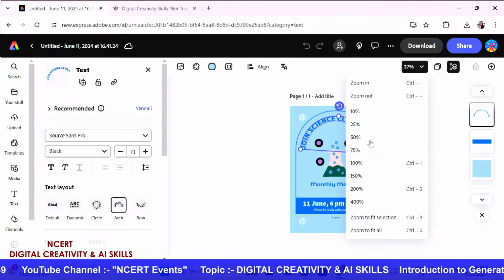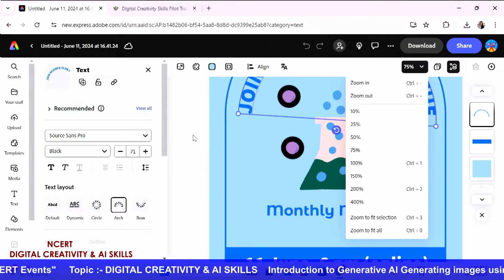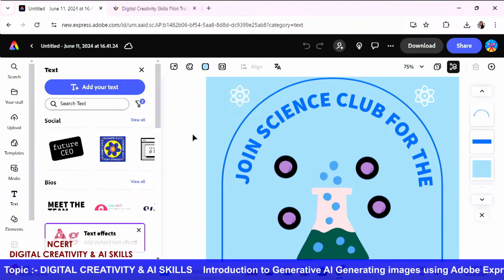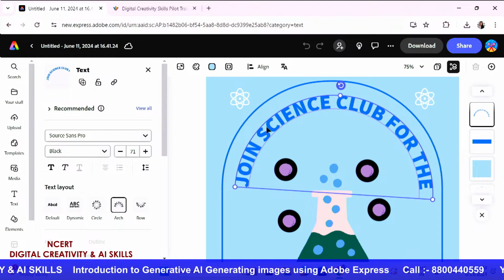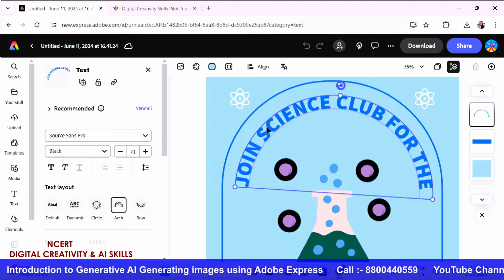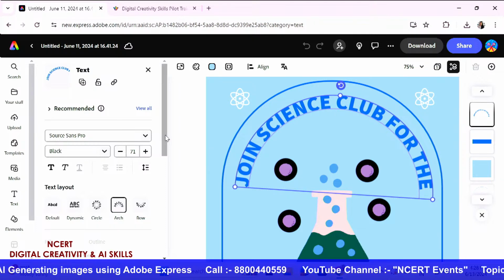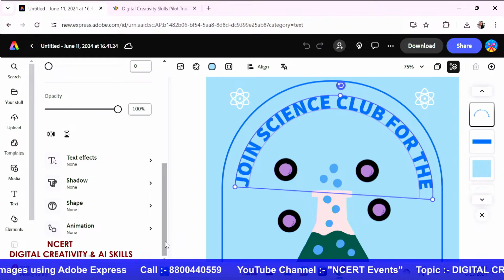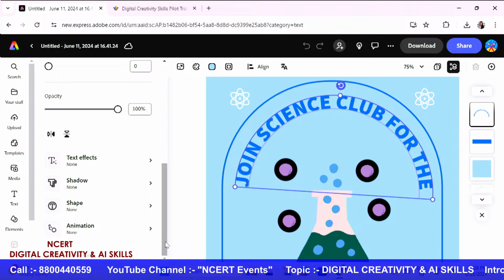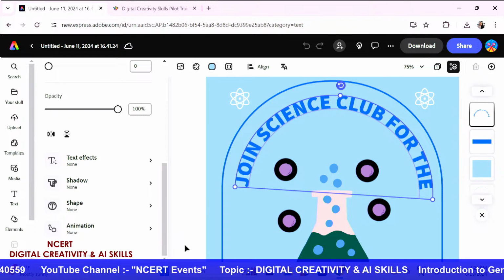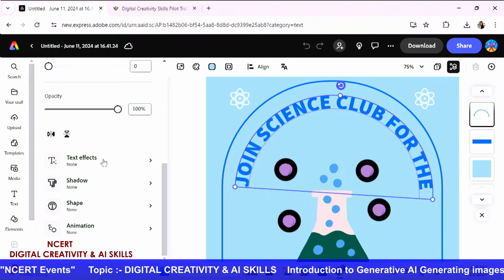I'm going to enlarge my canvas as always, because I want my teachers to see what I'm creating. Now I'll quickly scroll down a bit, and this is my text for the day. Now, how do I add a text effect to this already created worksheet? Let's say the kind of text effect I want to add is related to a science project, or atoms or molecules, or even a beaker, the beaker that we see at the bottom. Maybe you want that kind of text effect. Let's see what we are going to do now.